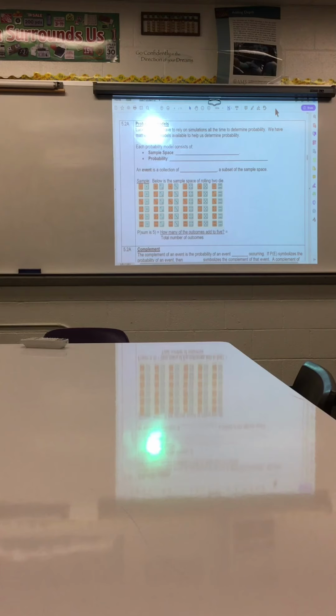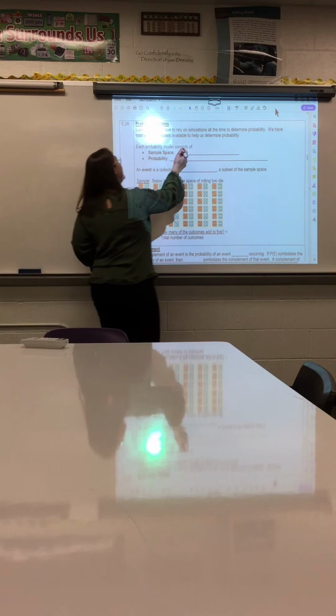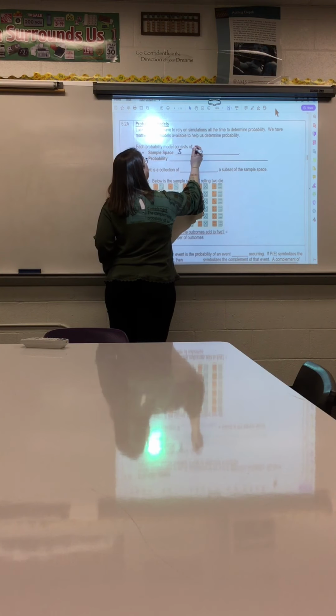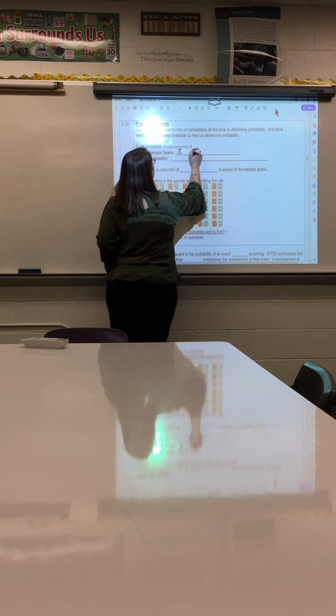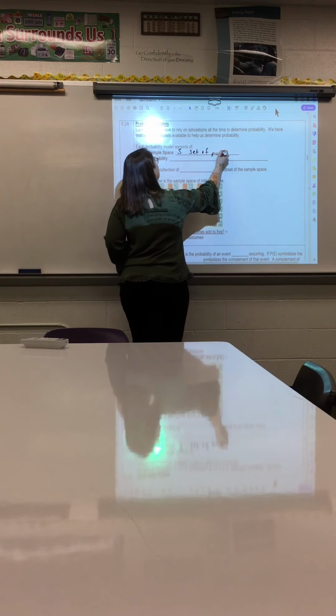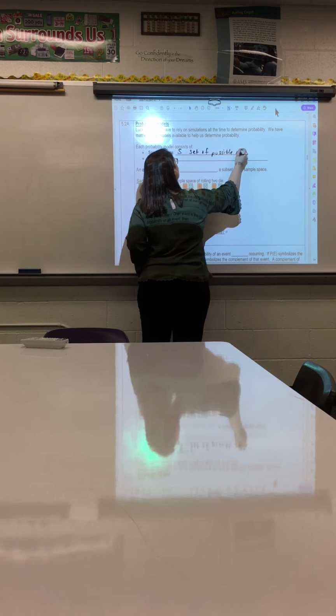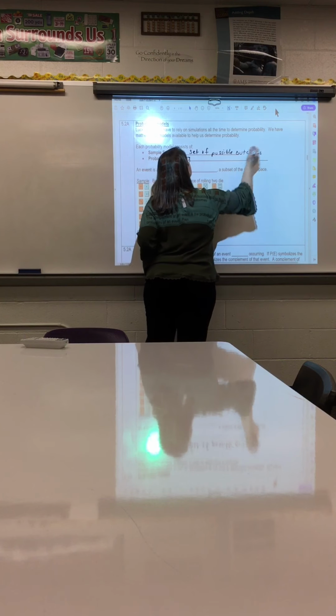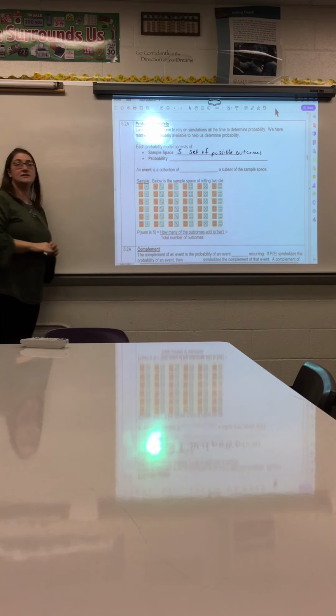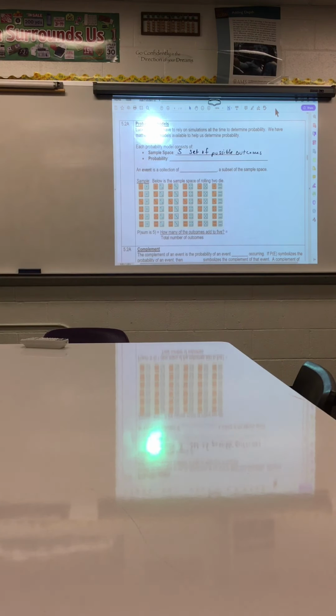Set of all possible outcomes. Okay, so the sample space is S, and it is the set of possible outcomes. S, set of possible outcomes. Then the probability is